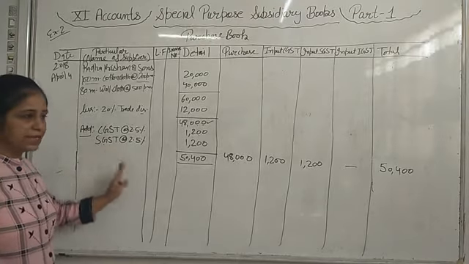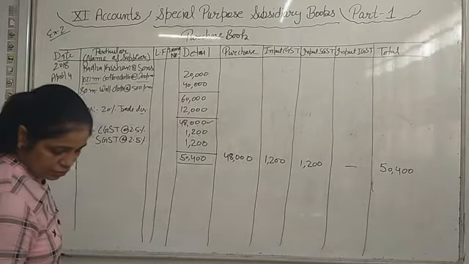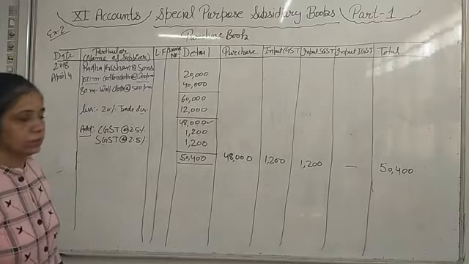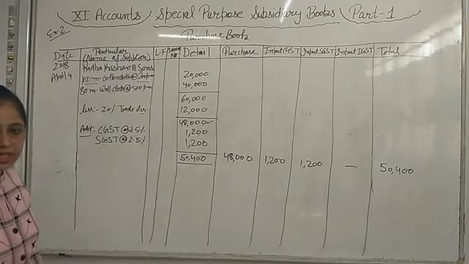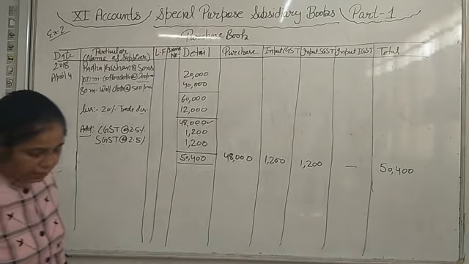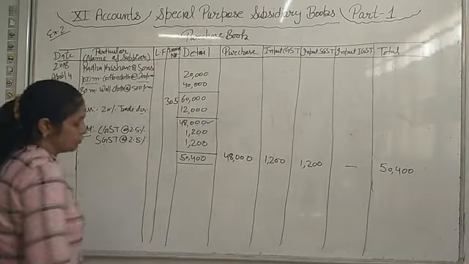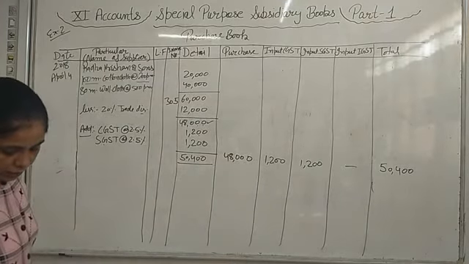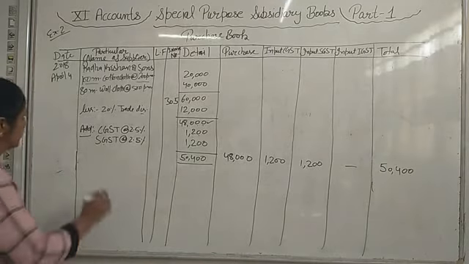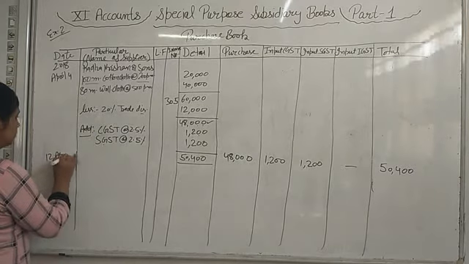Now one transaction record is completed. Very easy chapter. Now the second transaction is given to you: purchase from Raghuveer Prasad and Company of Kanpur, UP. Now the state has changed, so we will apply IGST. Invoice number 240 is given to you, and we will write it here in the invoice column. We have purchased from Raghuveer Prasad and Company. The date is 12 April.